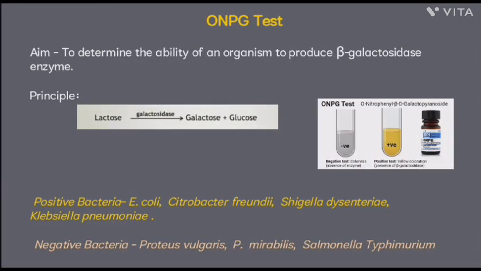ONPG test. Aim: to determine the ability of an organism to produce